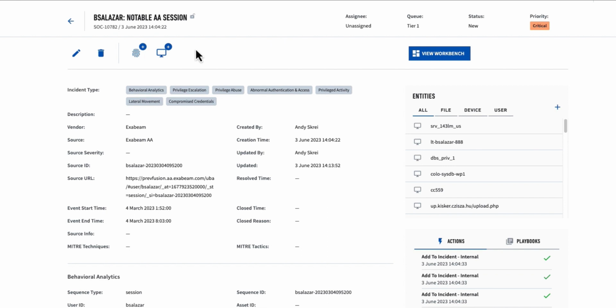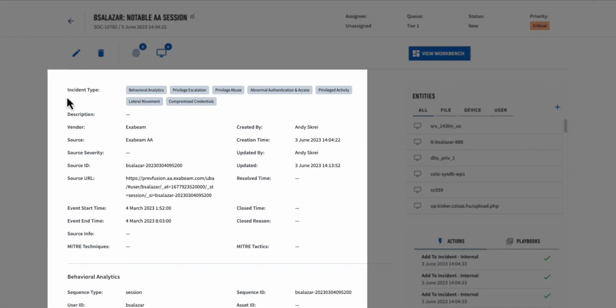I have the ability to add additional artifacts and entities into my case. We even have the ability to add restrictions. So you can actually restrict who has access to this case. So if you're investigating someone sensitive, like an executive or maybe somebody else in security, we add that kind of object-based access control here. We have the high-level summary here with all of the incident types, the basic descriptions of